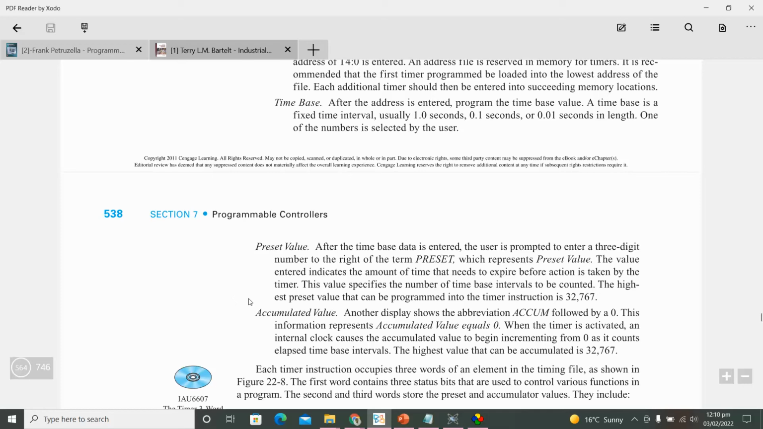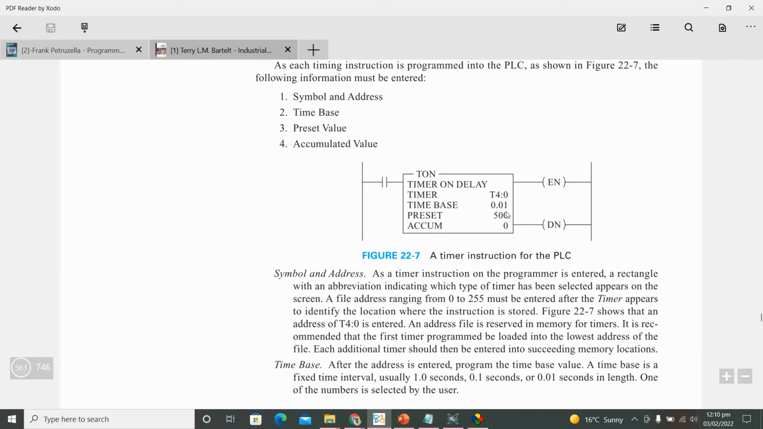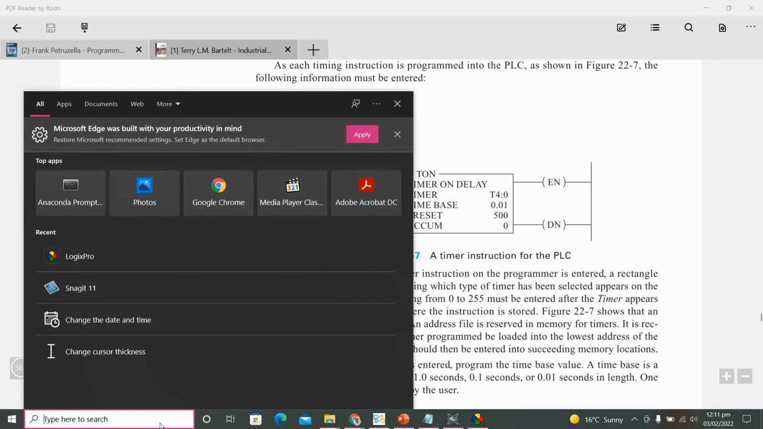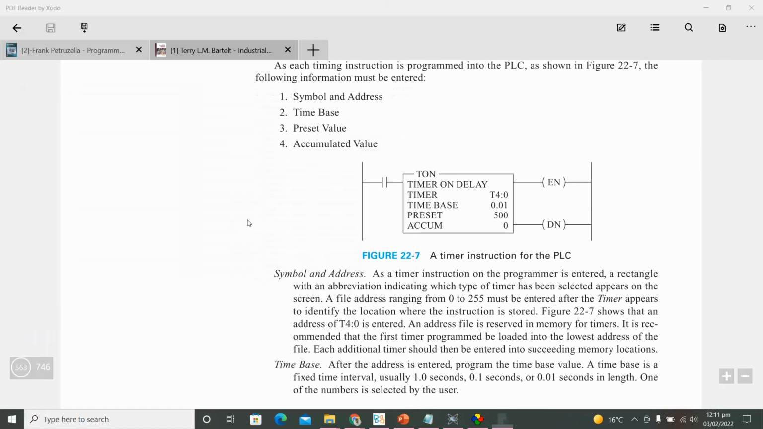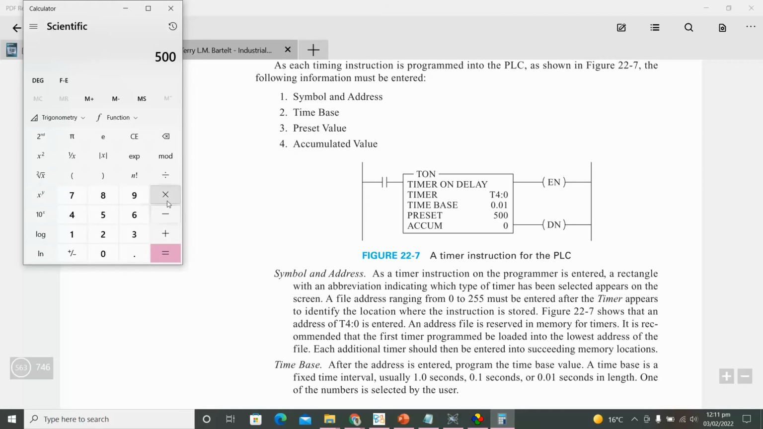ये वो amount of time है जो आप सेट करते हैं, ठीक है। आपने इधर 0.01 बेस दे दिया और प्रीसेट सेट कर दिया 500। इसका मतलब है 500 बेस यूनिट्स के बाद ये टाइमर एक्सपायर हो जाएगा। इसका मतलब है 500 मल्टीप्लाइड बाय 0.01, तो आप टाइमर 5 सेकंड के लिए सेट कर रहे हैं। लेट्स से प्रीसेट आपके पास 100 और टाइम बेस 1 है, तो फिर 100 टाइम्स 1, आप 100 सेकंड्स के लिए उसको सेट कर रहे हैं।